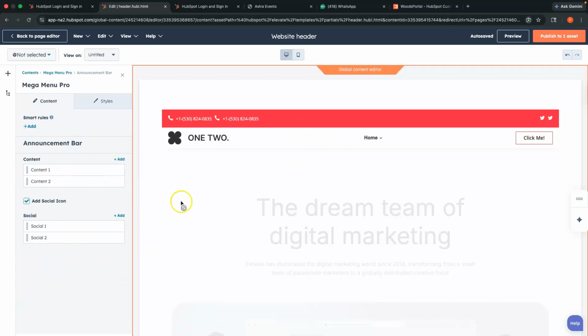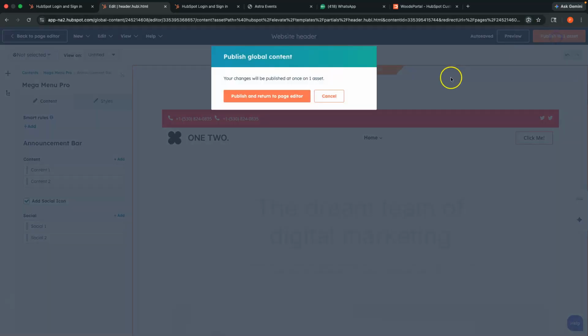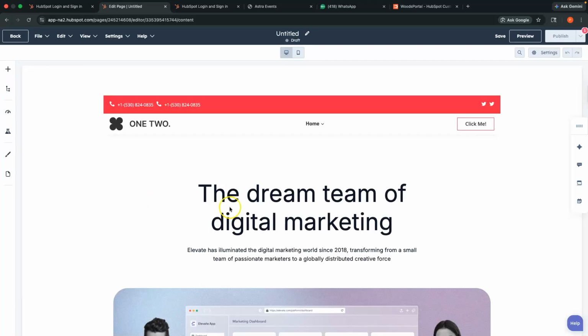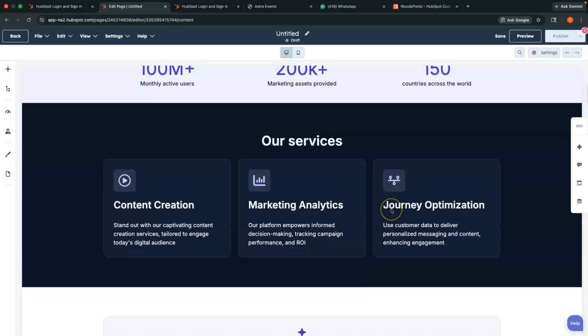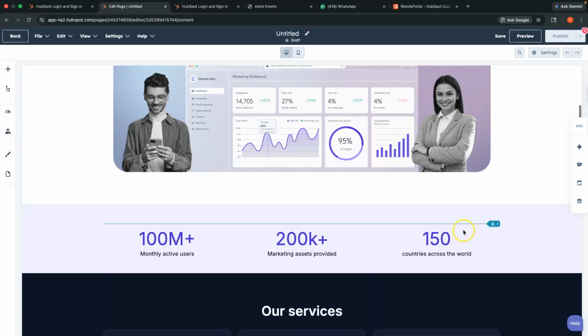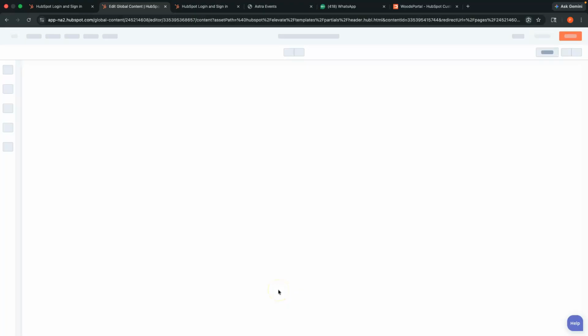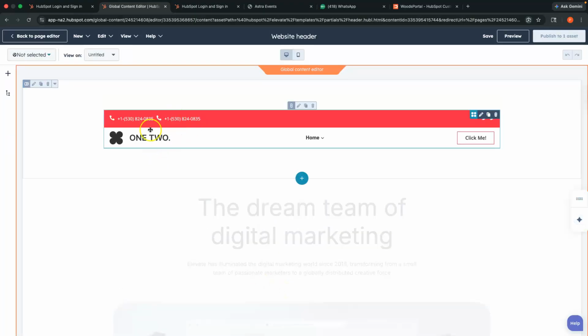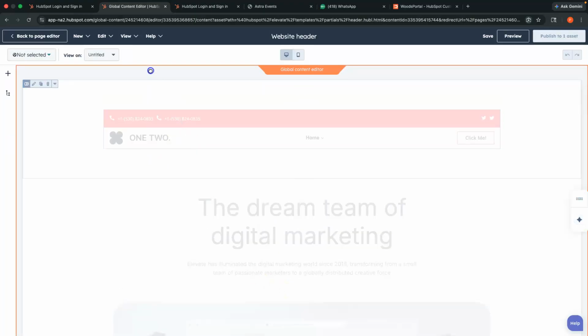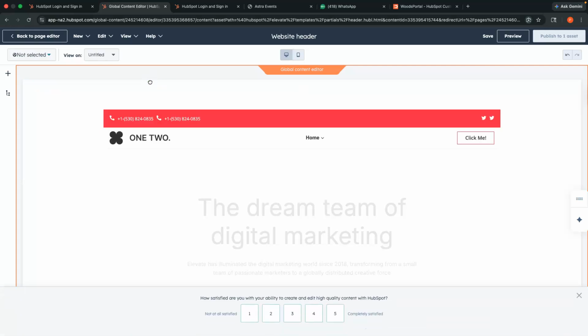You can change it. So because it is added as a global content, if you just publish this, it will be published to all pages. So here you can see the alignment is not correct. So if you face this, it's just where I have dragged it. So if I pull and drag it here,